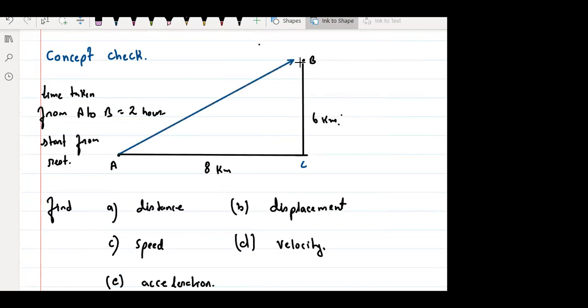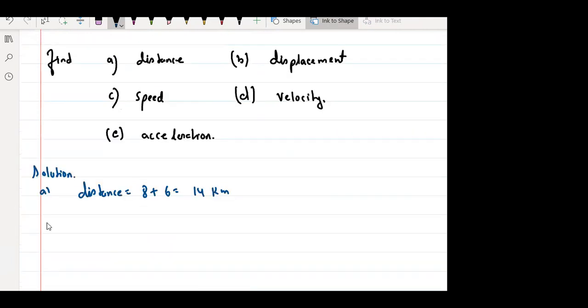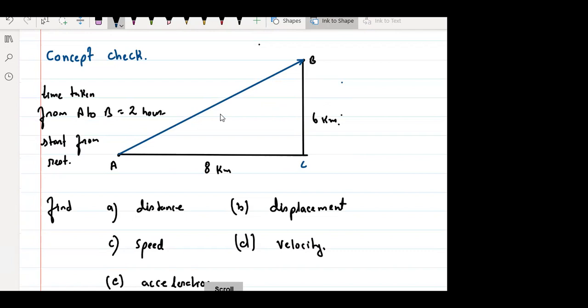Now, when we talk about displacement, displacement is always what? Shortest path, initial to final, right? Which is this, so it becomes a right angle triangle, and this will become your hypotenuse. So this will be your displacement. AB will be displacement. And we know that AB is hypotenuse, right? So